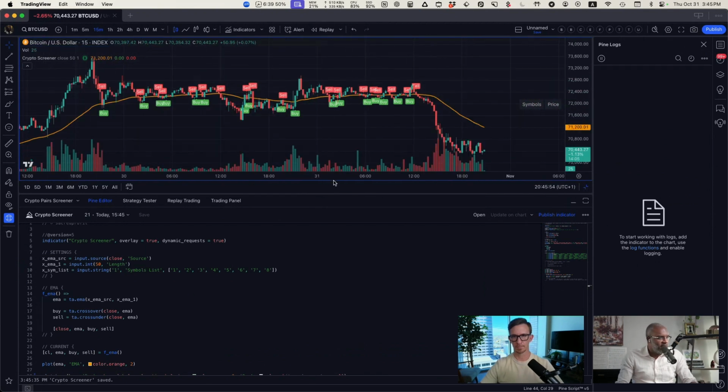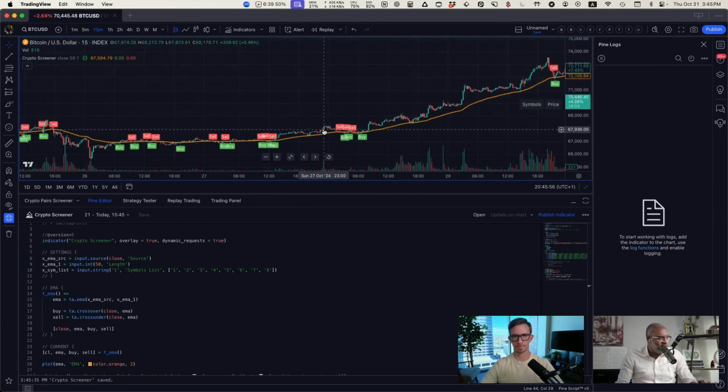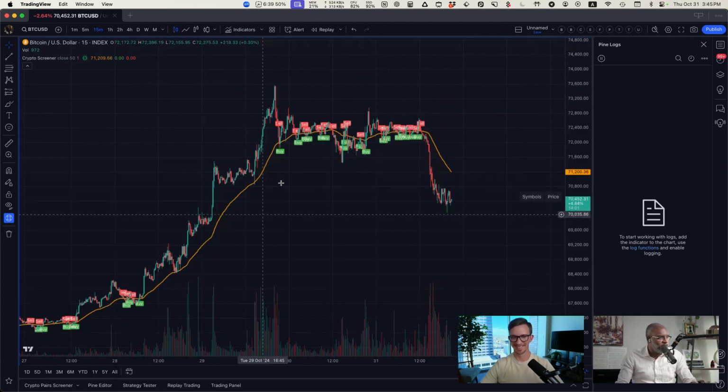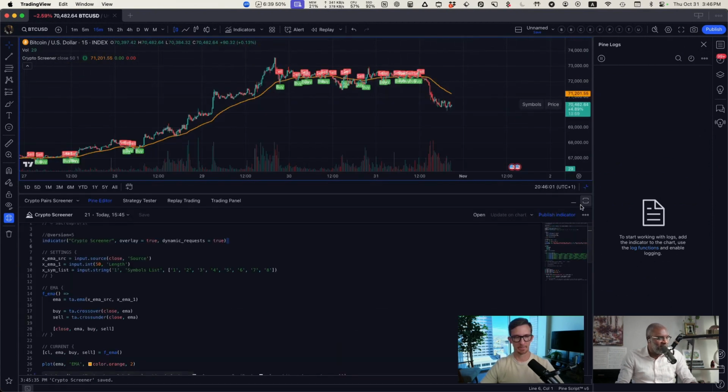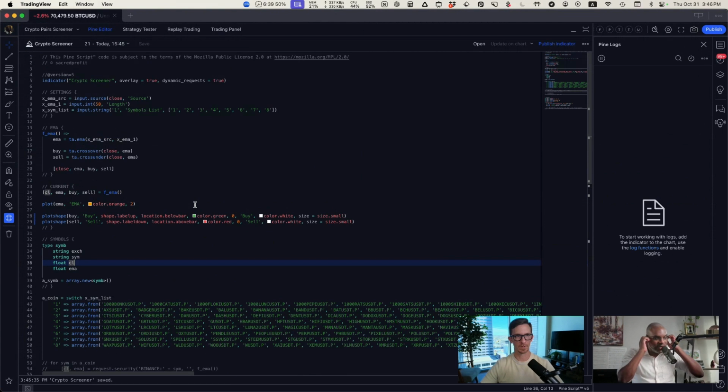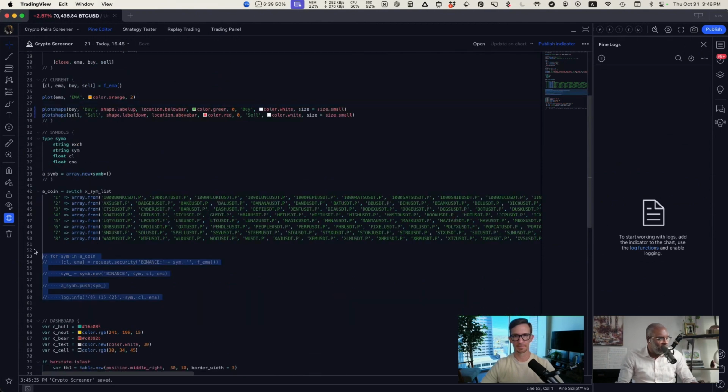The OCD in me wants to go ahead and make them pretty signals, but let's just leave it at that. We just want to know that the buys and sells are happening when they need to be. You guys can build your own 90% profit strategies on your own. But the idea here is that we're getting a buy and sell signal that are coming through here. So let's go back, and inside of our